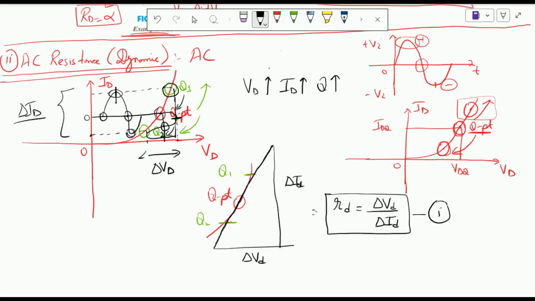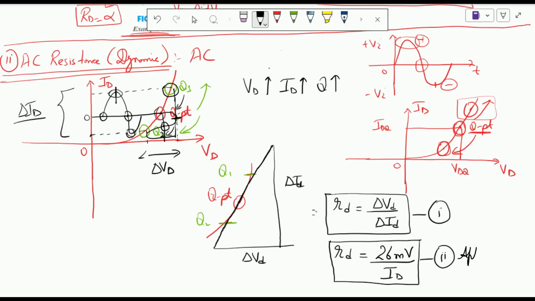In most of our examples, we can use another form of equation, known as the approximate equation, that is also acceptable in finding the average or the AC resistance of the system, and that is represented as 26 millivolts divided by the current of the diode. Again, keep in mind I have used a capital ID in this case. So this is the second equation, or the approximate equation, that we can also use to find the AC resistance